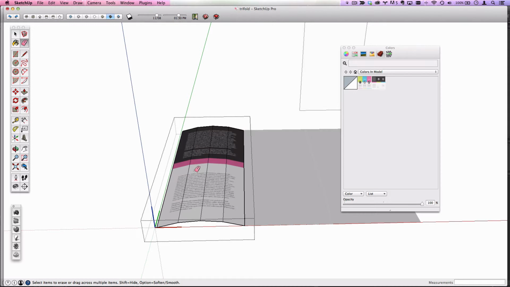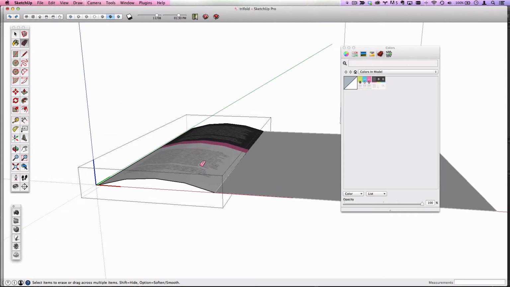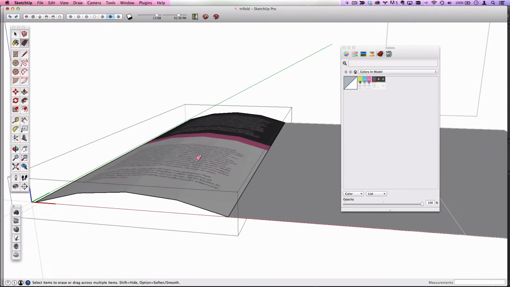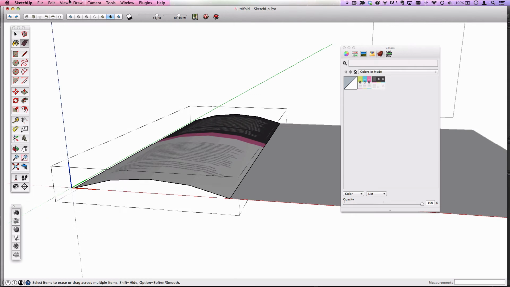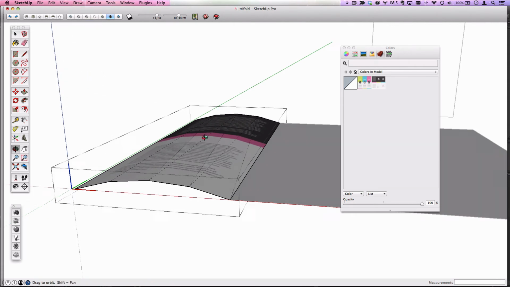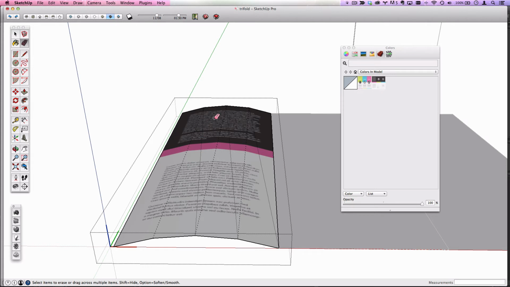Eraser tool. With the eraser tool, you can hold down a modifier key to either smooth or hide. Now that doesn't look very good. Notice there's kind of this weird, I see something here I do not like, and I know what happened. If I turn on my hidden geometry, I can see that SketchUp in that rotation operation made these unnecessary segments that I can just click on. Notice the dash is finer than the smooth dash. This dash here represents a hidden geometry that is smooth. That dash represents a hidden geometry that's not smooth,